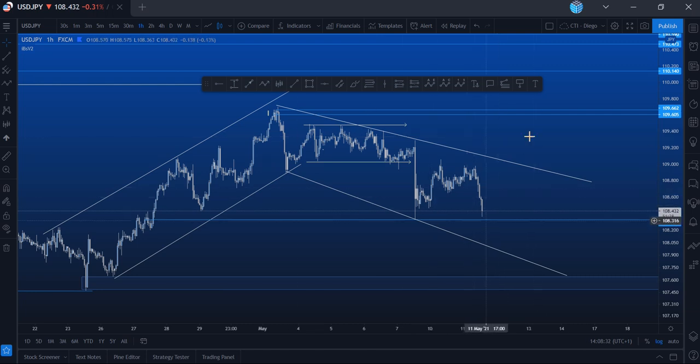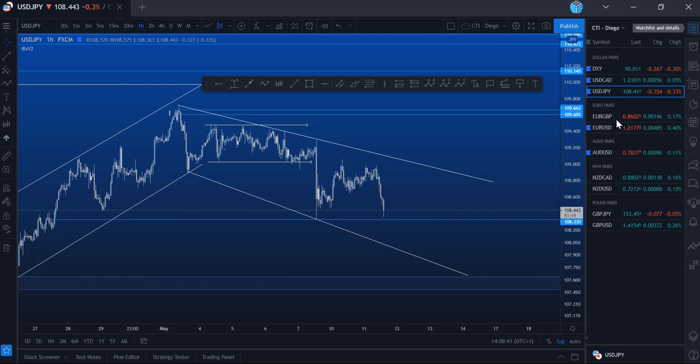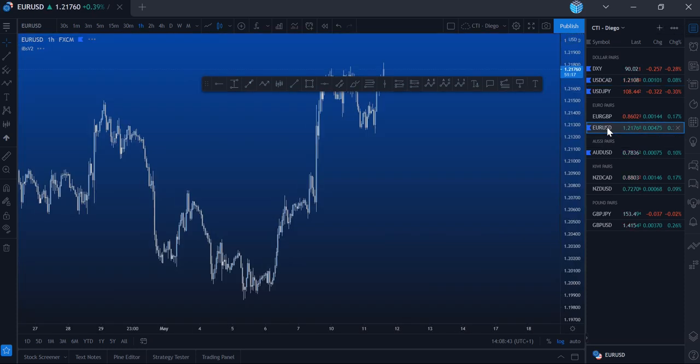With dollar yen, it can reverse from here, it can tap this level, it can tap this level, but with dollar CAD, there's just nowhere else to go. So I prefer dollar CAD for that reason. Next on the list now is Euro